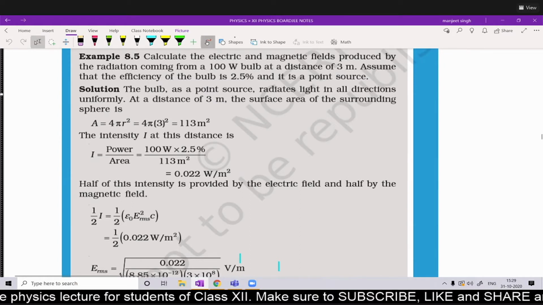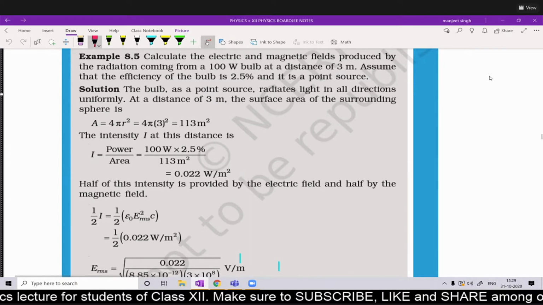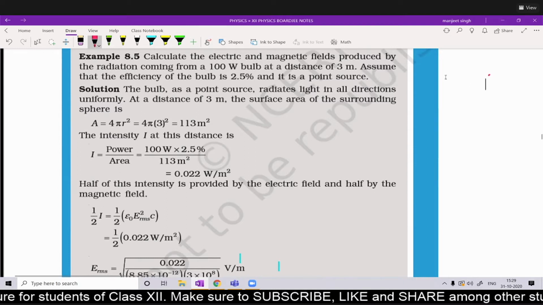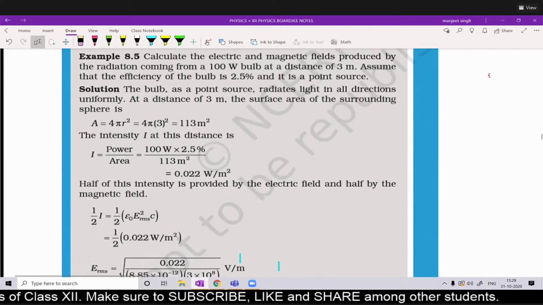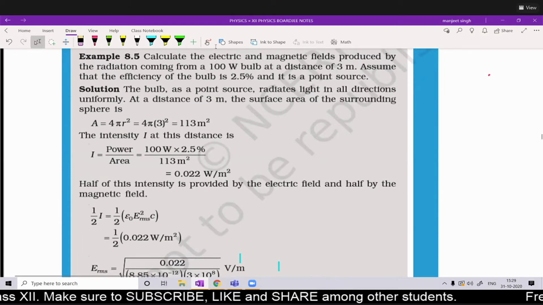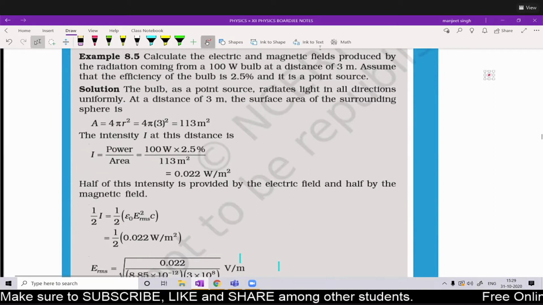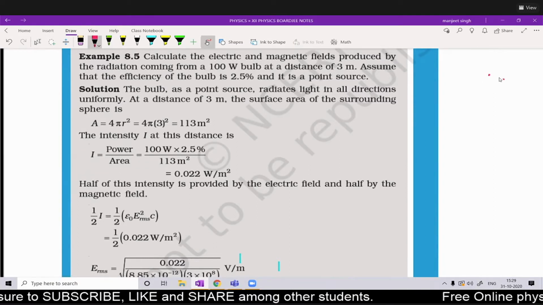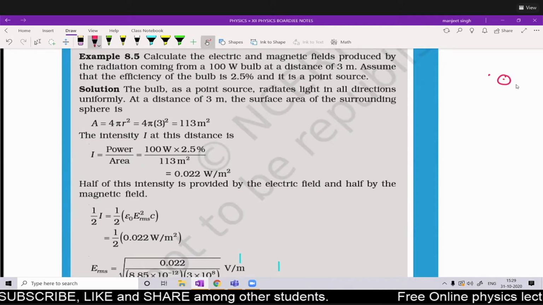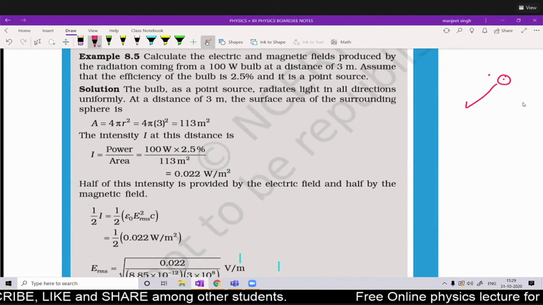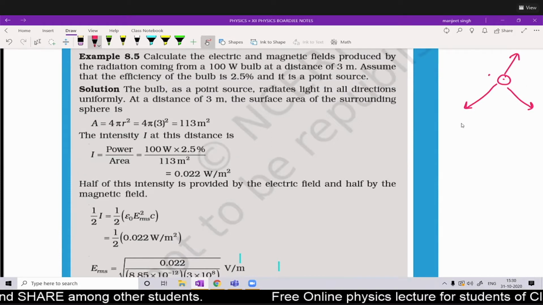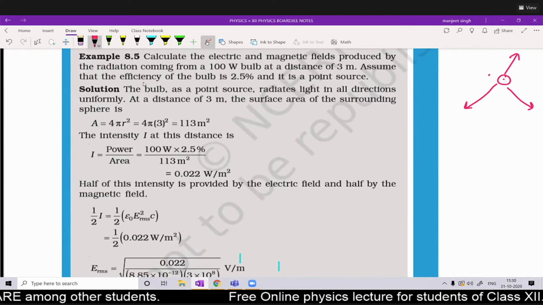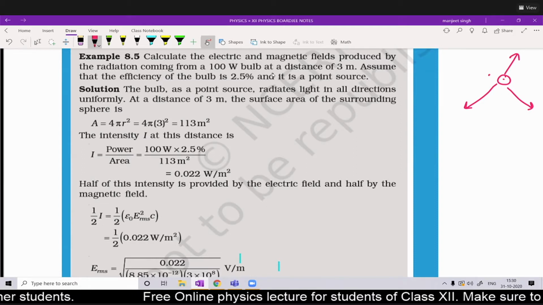So there is a bulb, and that bulb is radiating in all the directions. Okay, so we have to calculate the electric and magnetic field produced by that radiation at a distance of 3